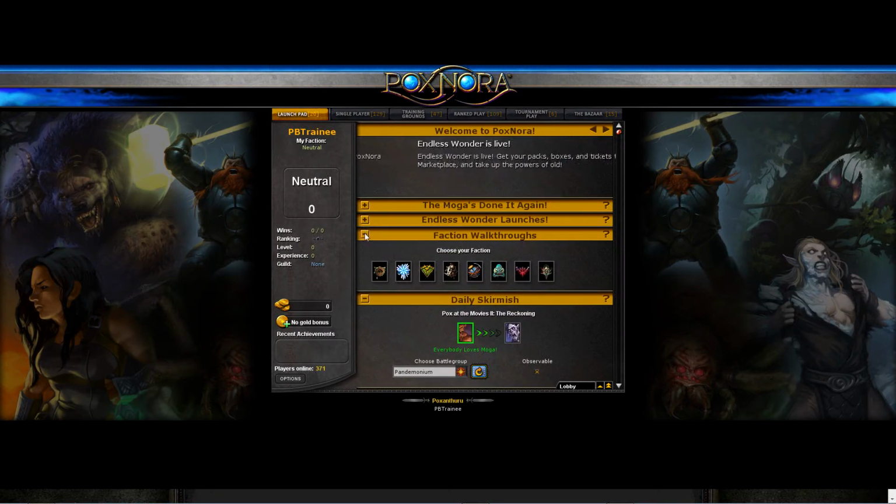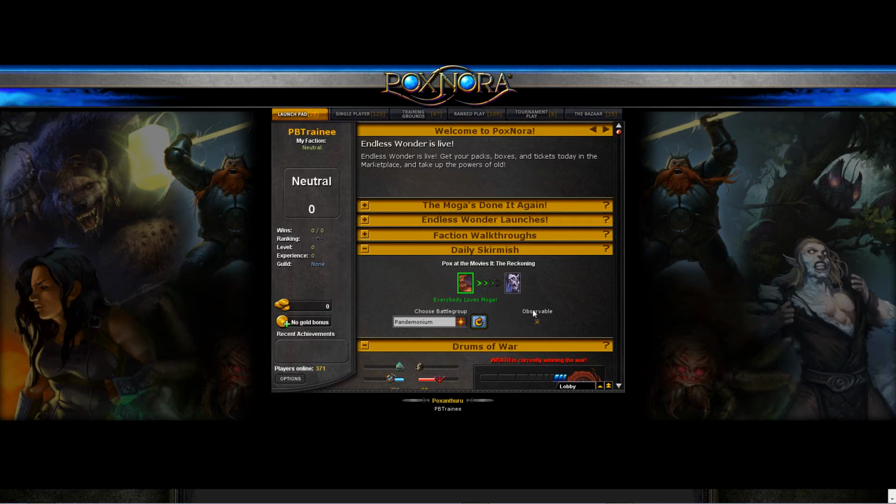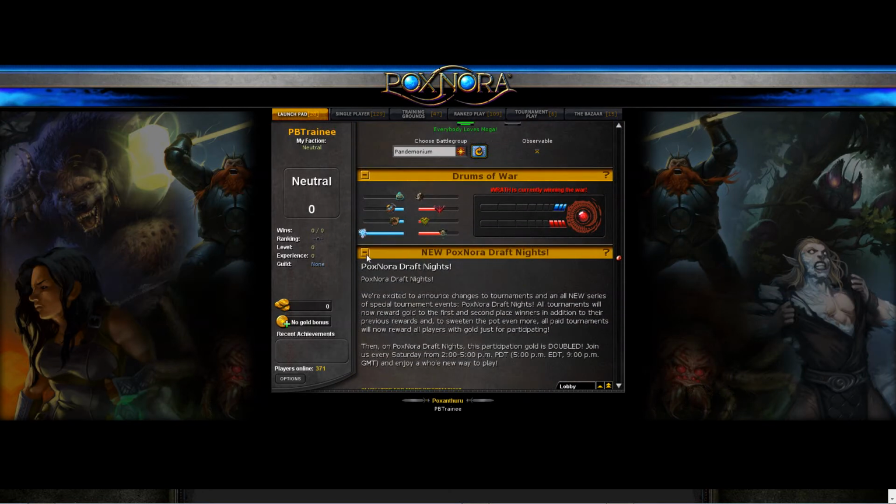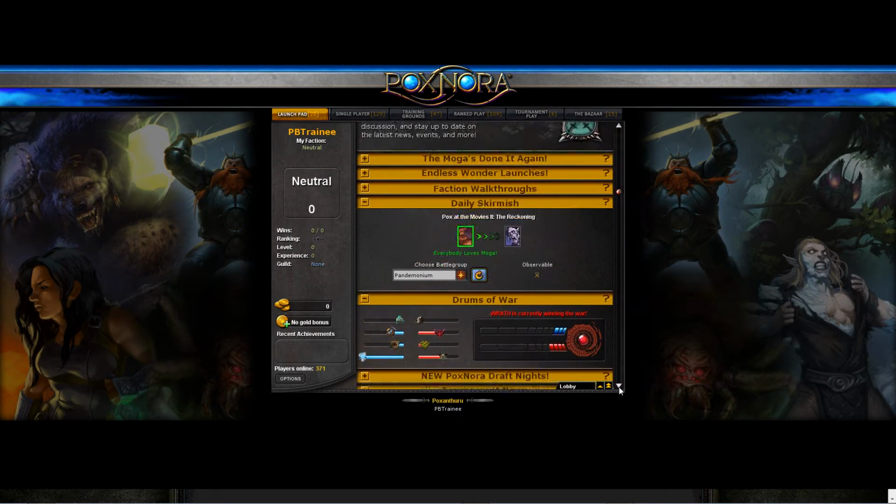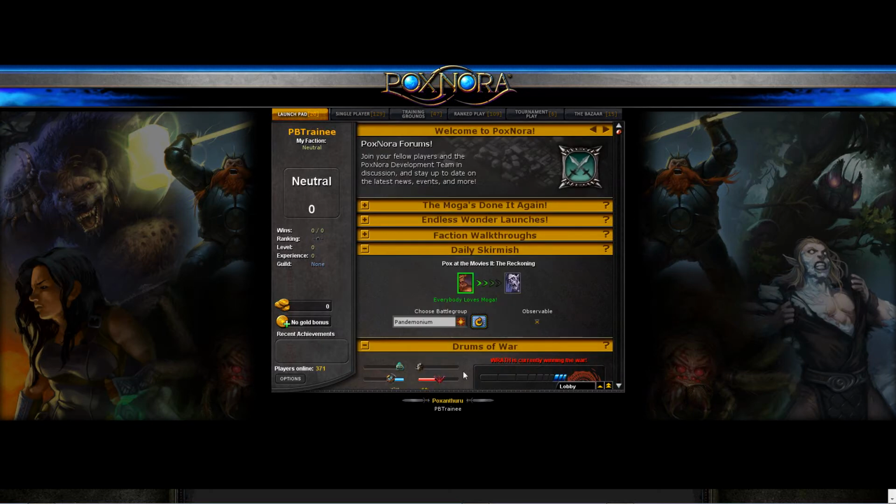stay minimized. The only two I usually keep open are the Daily Skirmish and the Drums of War, and that's usually because these are the things you want to look at every time you play. So let me minimize the rest of these, and then I'll explain these. Alright, the Daily Skirmish